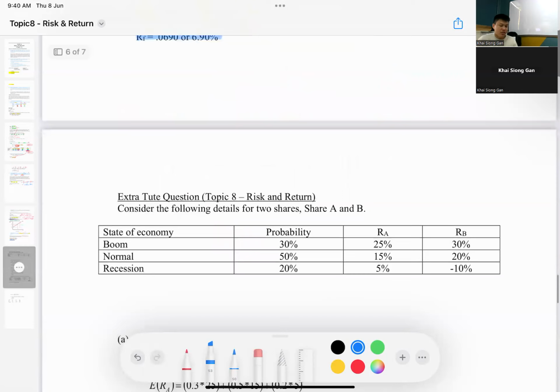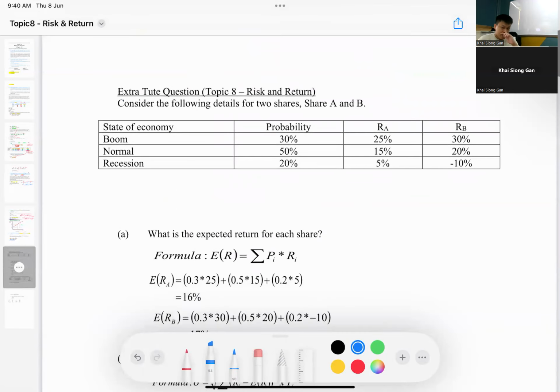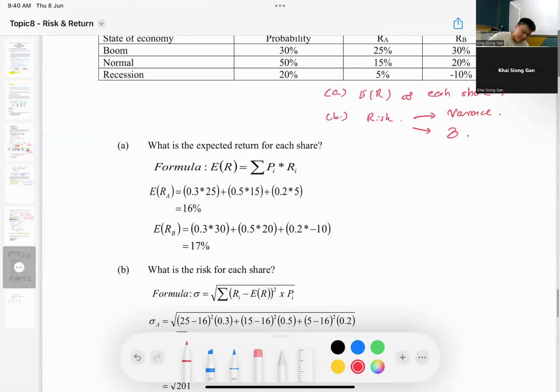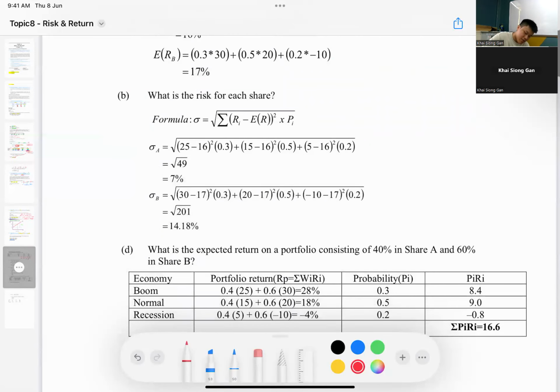Okay, once you are done, have a look at these extra questions. This is the type of question that you come across in your exam. So with the table being given, you try to calculate A, the expected return of each share. B, you calculate the risk. In order for you to calculate the risk, what do you need? You need your variance and your standard deviation, right? And then question C,